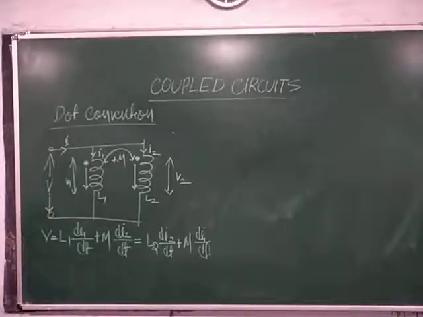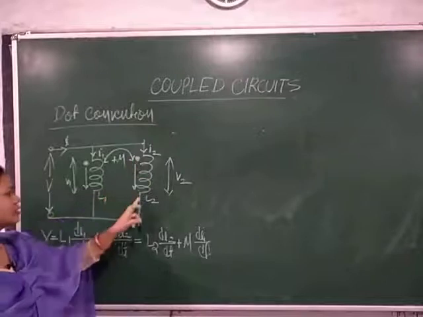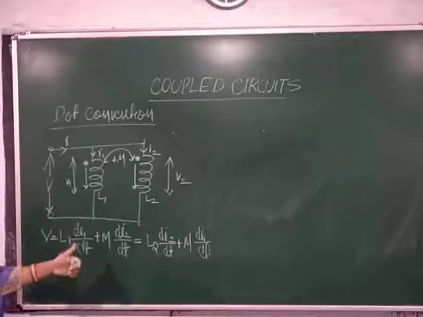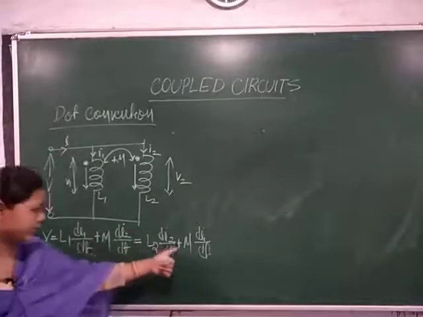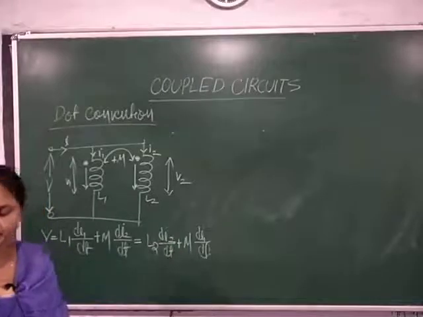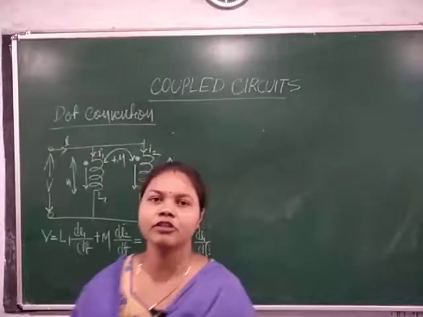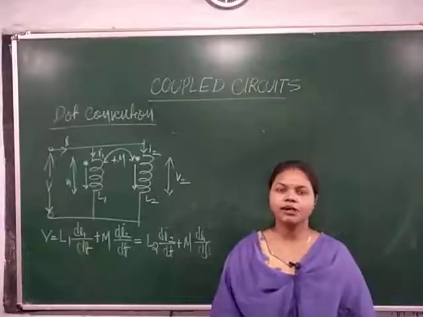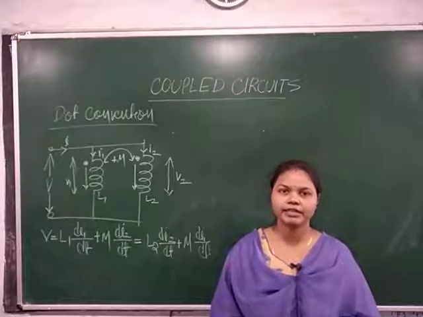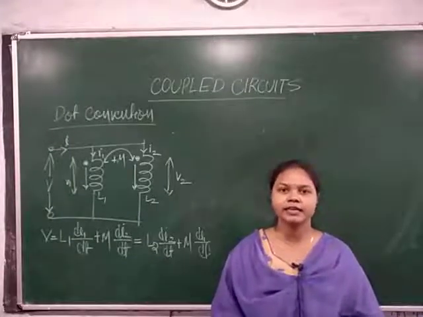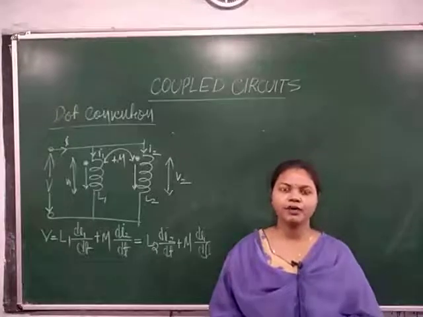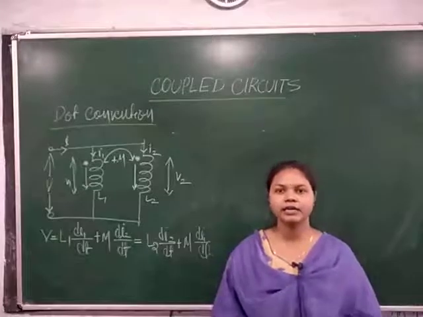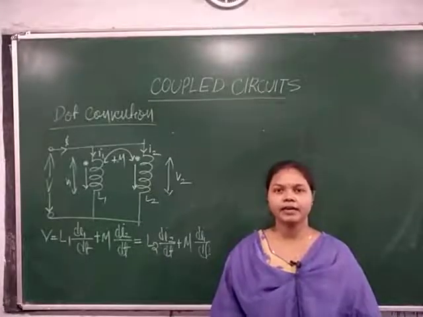And if I make a change, if I place this dot at the end of this coil, then what change do you get in this equation? Only the plus becomes negative, and the rest is the same. So students, in this video lecture, you have learned what the dot convention is, what the utilization of the dot convention technique is, and by using this technique, how to find the induced voltage in both inductively and conductively, series and parallel coupled circuits.